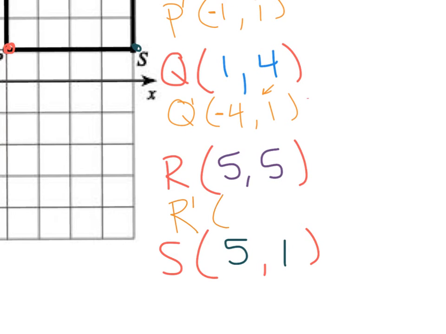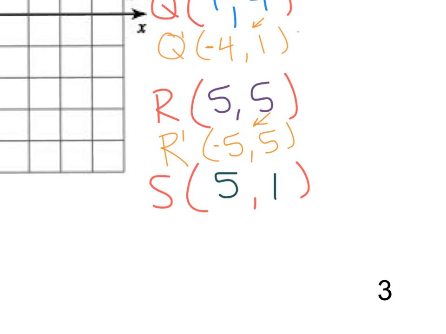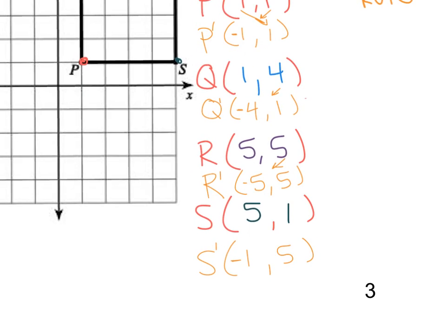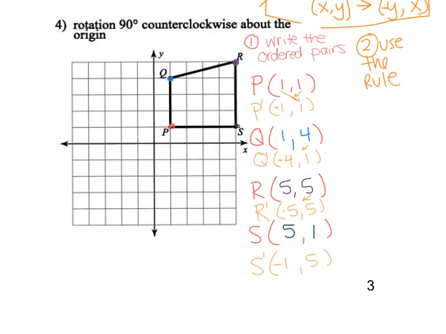For R prime, doesn't really matter because they're both 5s, but the left side gets a new sign. And then for my last one, the 1 goes over, the 5 goes over, the left side gets a new sign. Then my final step is to